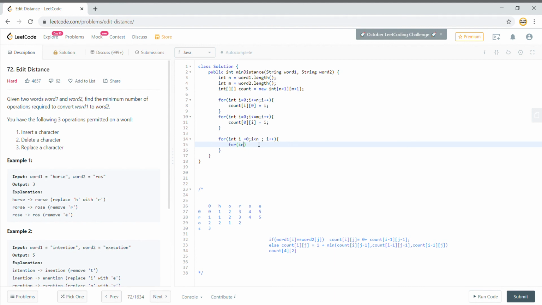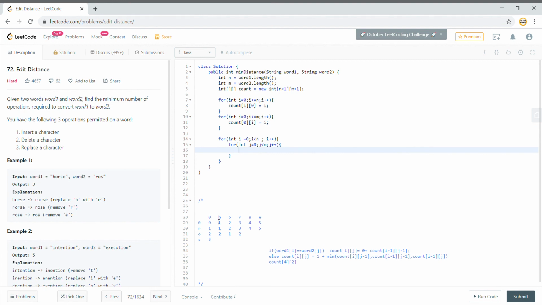So for the second one it will be int j equal to 0 and j less than m, j plus plus. So of these two loops, one is for i, which will traverse through HORSE, and j will traverse ROS.